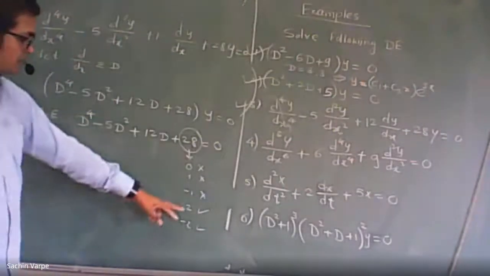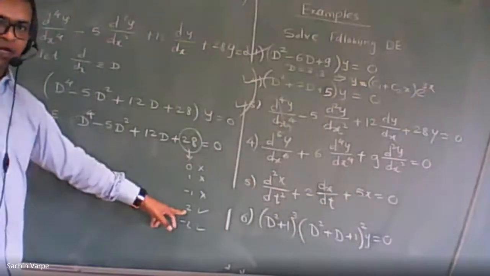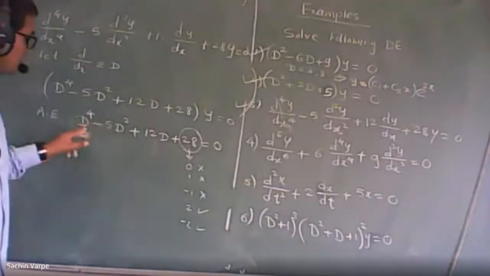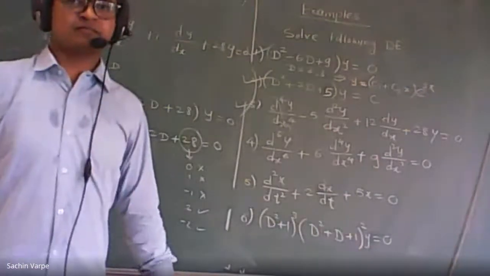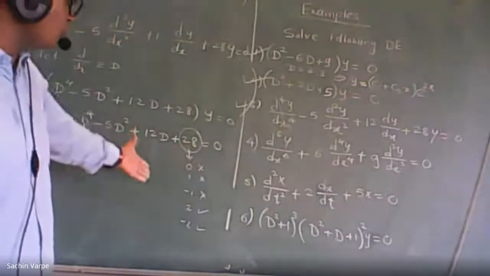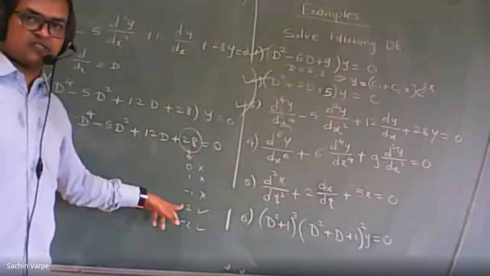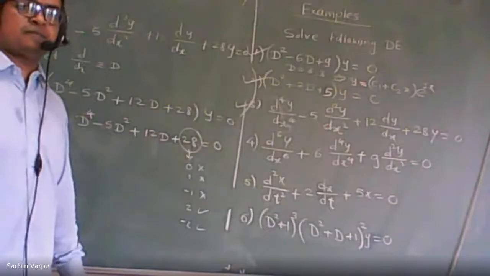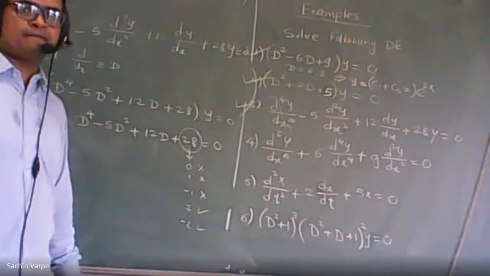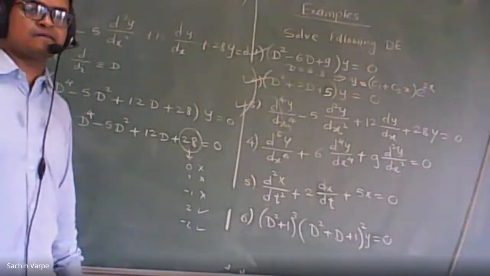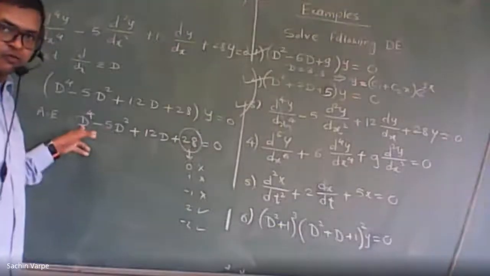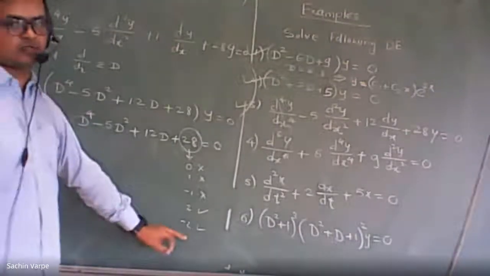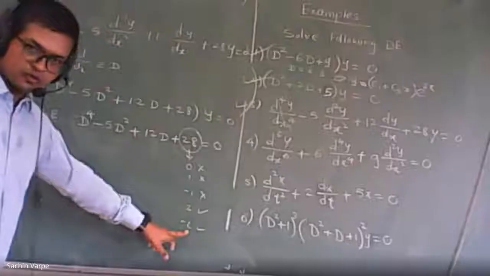Okay, so check whether 2 is a root. How to check whether 2 is a root? Just substitute the value D equal to 2 there, and if we get 0, then that will be a root. So is 2 a root? Please tell me. Just check. No. 2 is not a root. Then check for minus 2. Yes, minus 2 is a root.